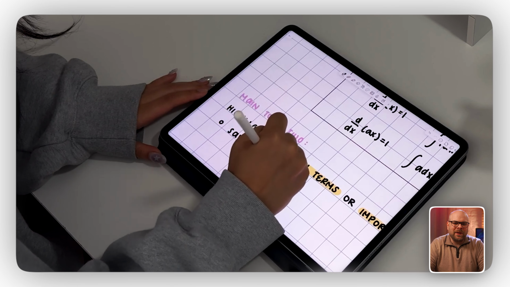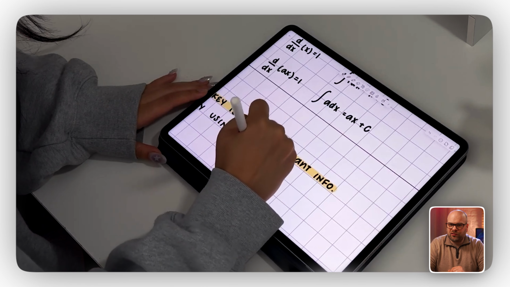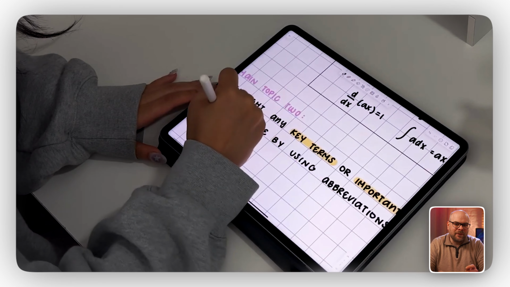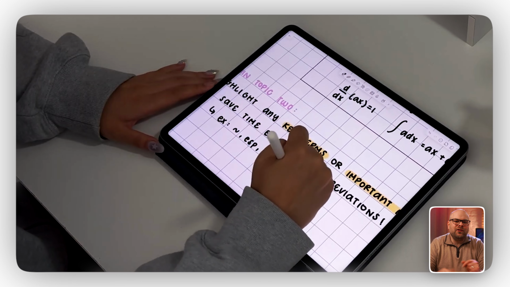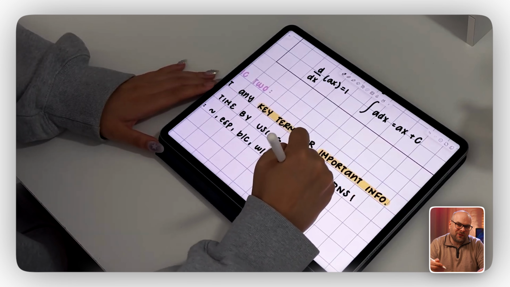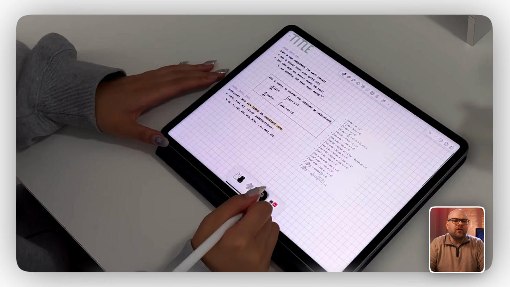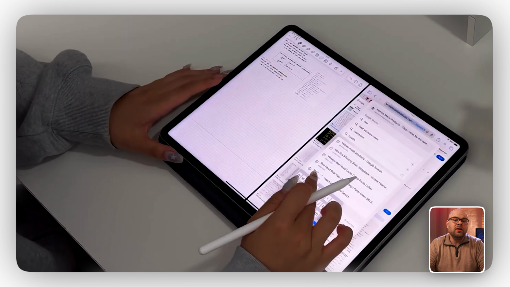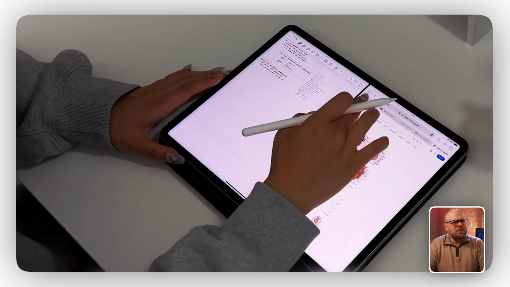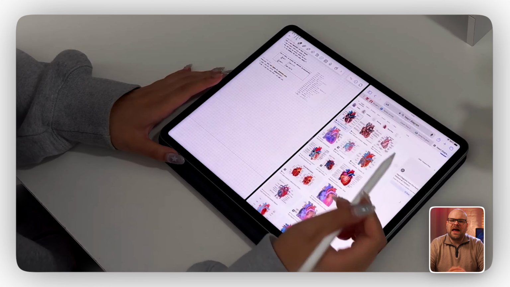You should pick Notability if you're a student, a researcher, or someone who thinks better with a pen in their hand. It's the best tool for taking live notes during class, marking up PDF documents, or solving math problems. The synced audio recording and the new Learn Study tools make it much more useful for learning than a standard text editor. Just remember that you'll get the most out of it if you own an iPad and an Apple